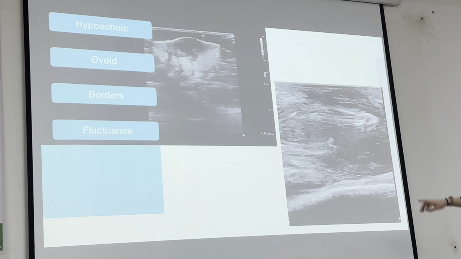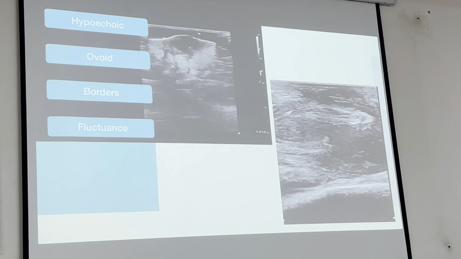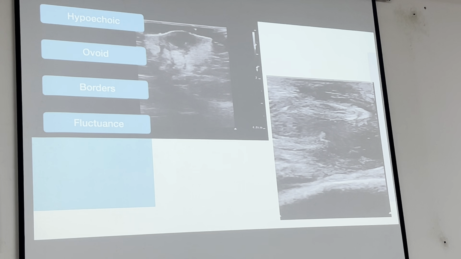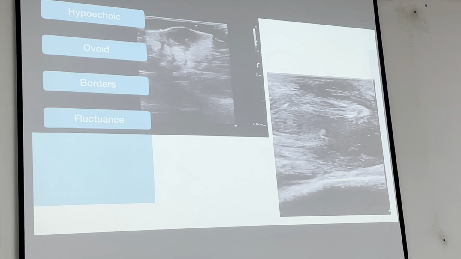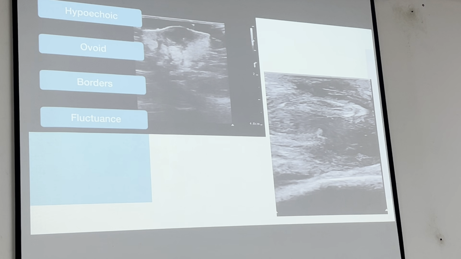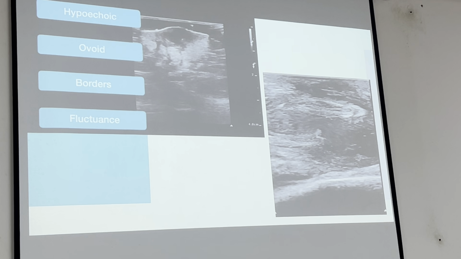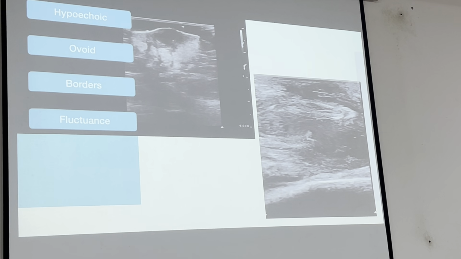You can see some of it on this other image over here, but we're looking for an abscess here. So we're looking for fluid collection. We're looking for the hypoechoic amount of fluid in a kind of similar round structure. So these 4 things we're looking for when there is an abscess present is if it's hypoechoic and mostly an